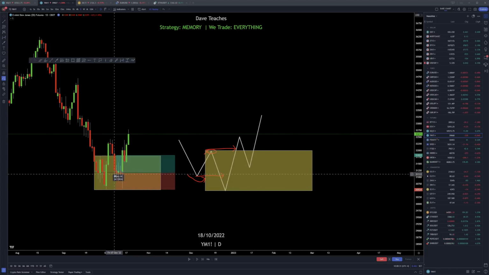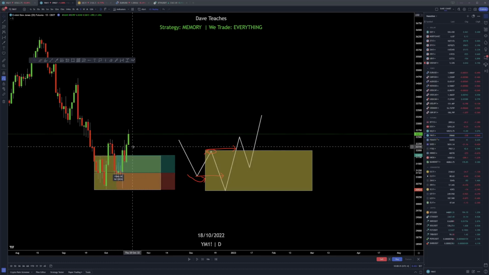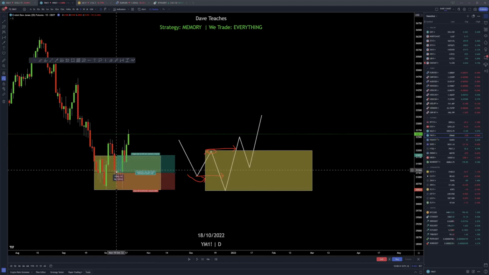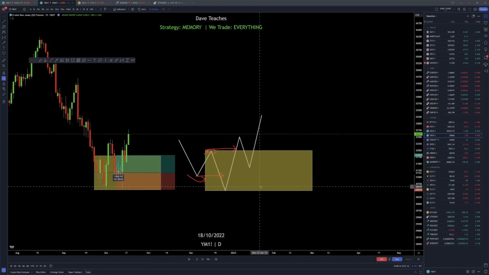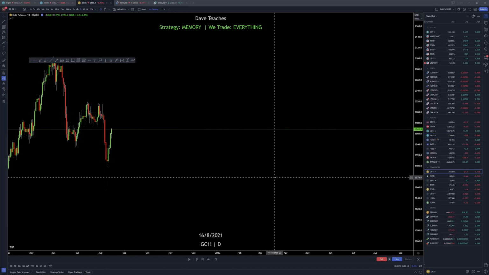So look at how long you'd be in this entry if you're using the candlestick structure flip on a higher time frame versus a lower time frame. But it happens on every asset class. This is US 30. The last one was NQ. Now, if we go and we take the same thing over to gold,